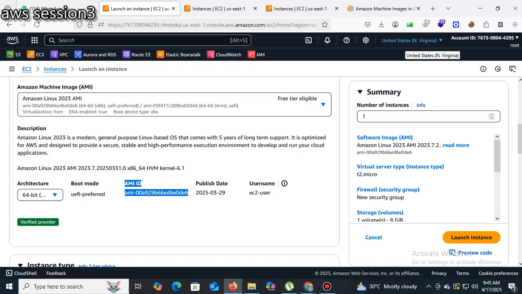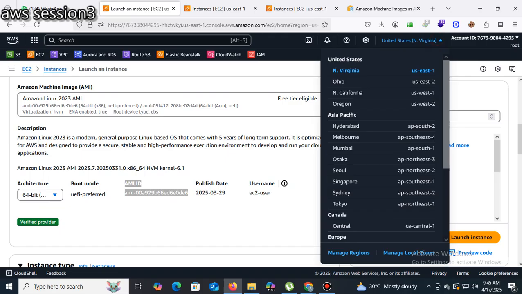United States. If you switch to another region, how will you switch? Just click here on the right side and choose the Hyderabad region.